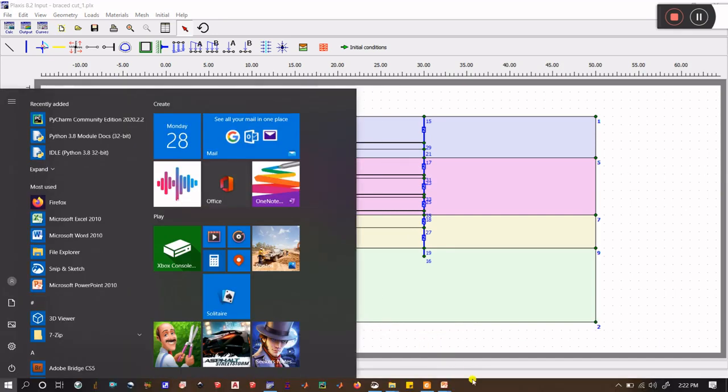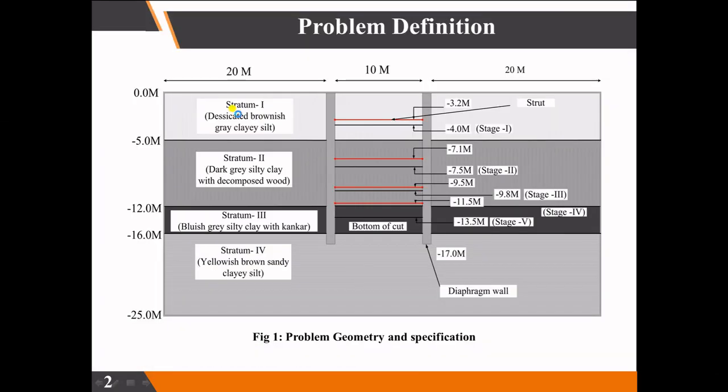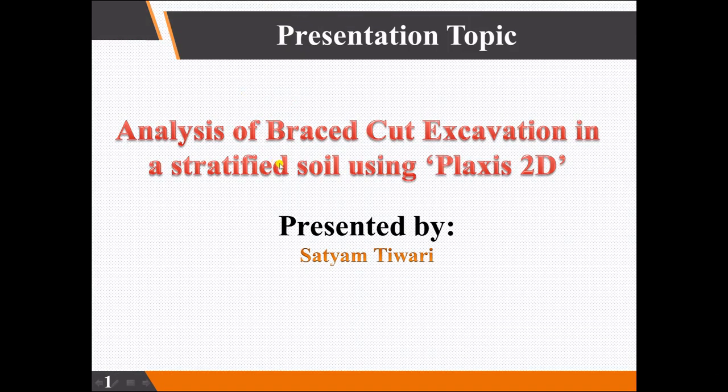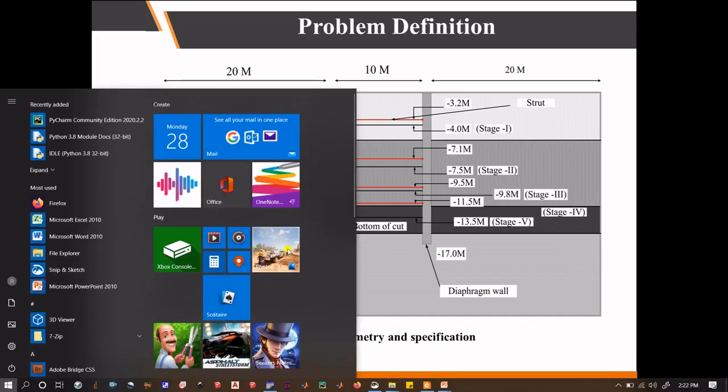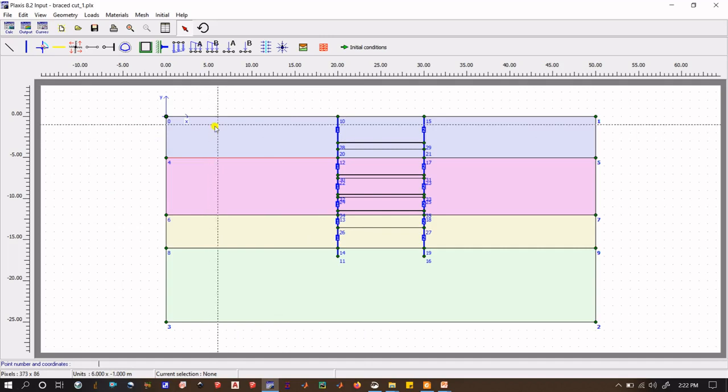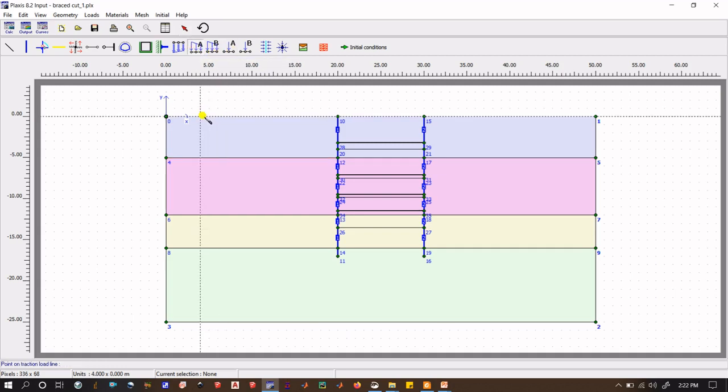Now if you look at the problem, there's no external loading that is provided, but if you want, you can provide the external loading, and more practically this is the case. So let's provide external loading first. This is the distributed load, and these are the point loads. So maybe I'll take from 10 to 15, a distributed load of 20.